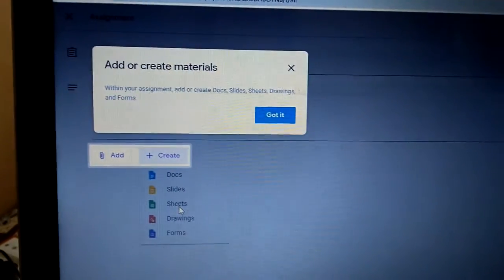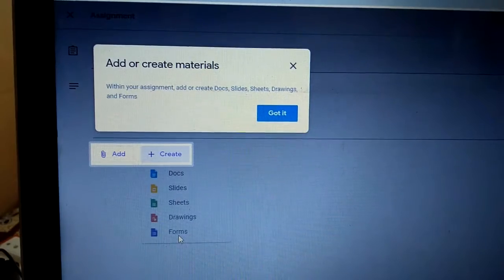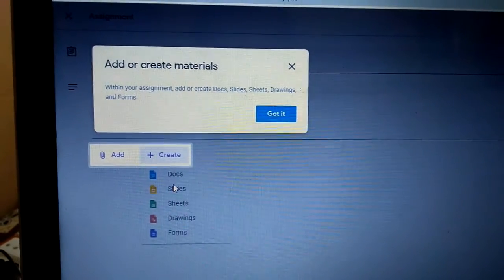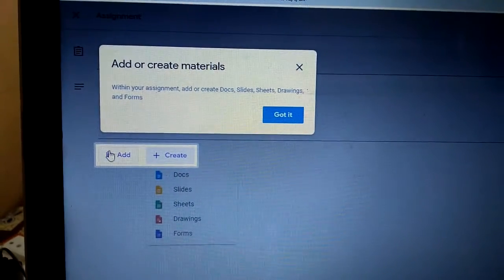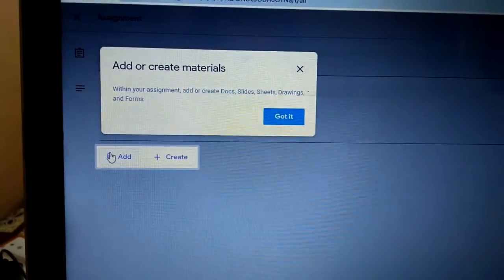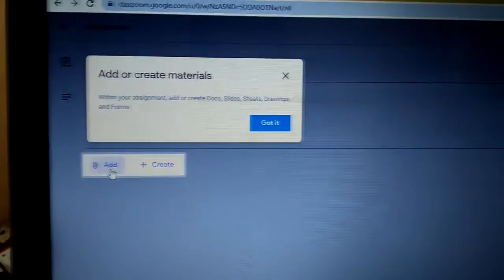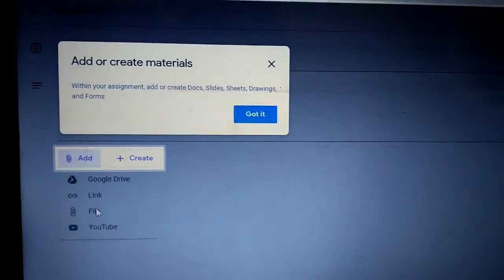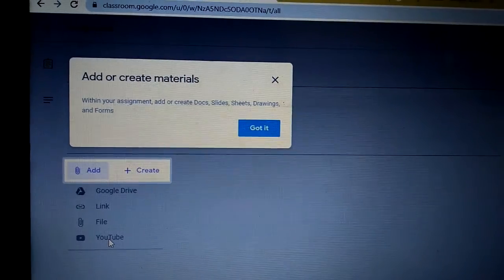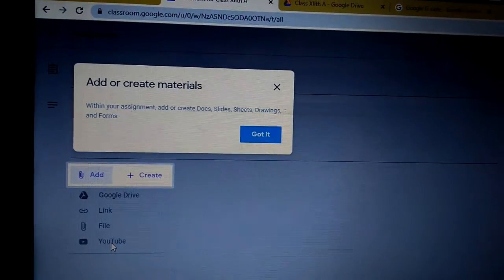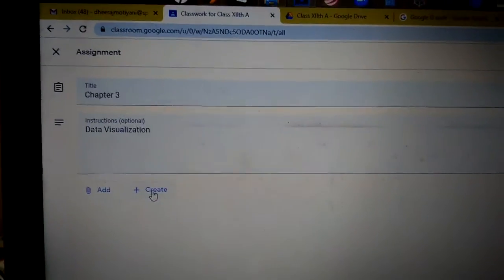I can create sheets, drawings, forms, sheets, which you have to manually create with writing. Okay, if I want to add a particular file, I will be clicking on add. I can add from the files, links, Google Drive and YouTube, which I have already showed you in the front screen. You can do anything from these two.